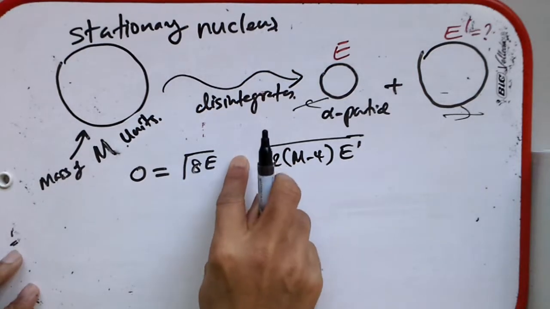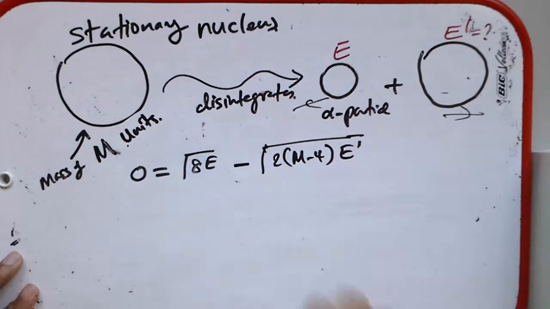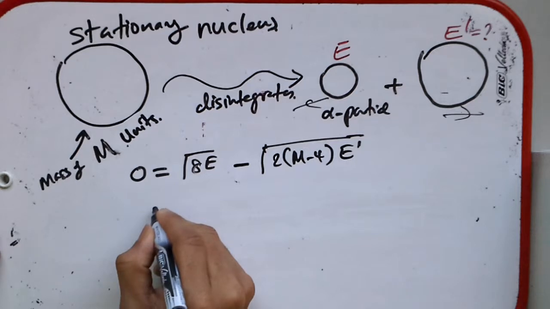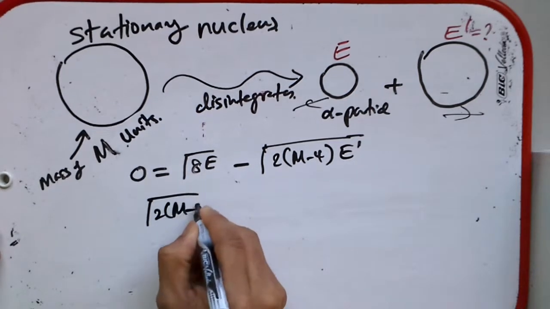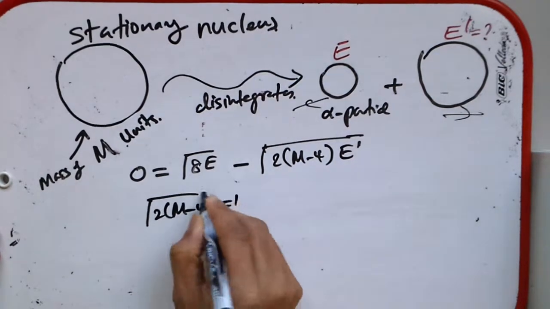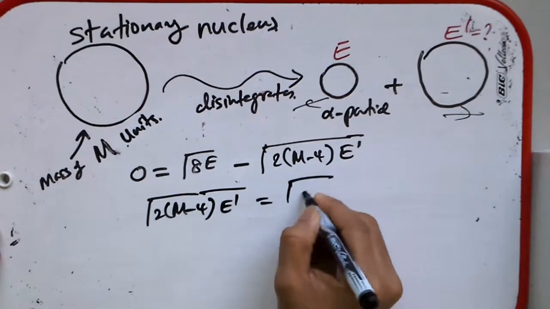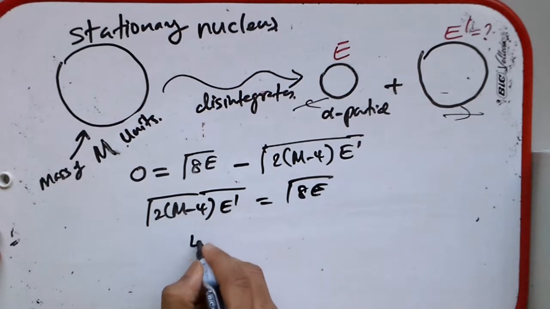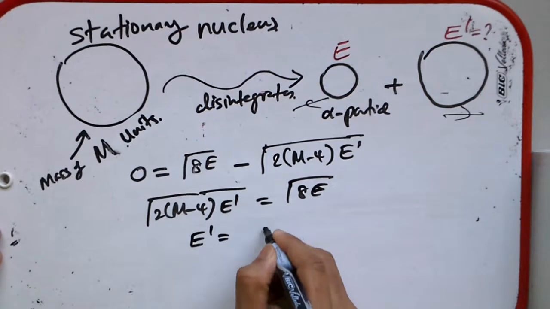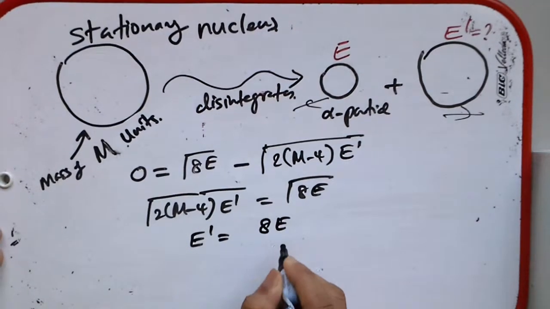So I'll put this minus. So I can write down square root of 2(M minus 4)E prime should be equal to square root of 8E. So from here, if I square both sides, I'll get E prime is equal to 8E